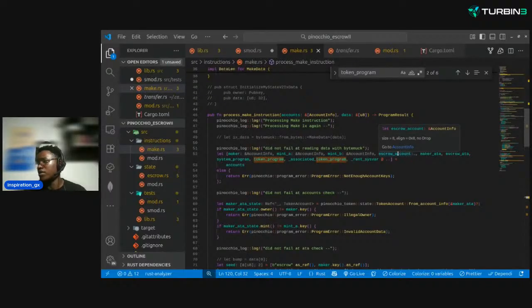Reference. Everything, actually, references. So that is not the problem. I'll move the ETA creation before writing to escrow. Create the ETA first. Let's see, we will create the ETA first